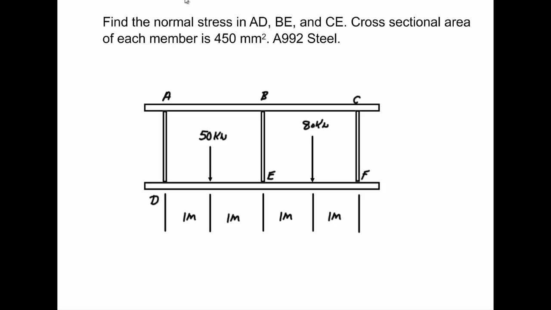Okay, let's look at this problem here. We're going to find the normal stress in AD, BE, and CF. The cross-sectional area of each of these members is 450 millimeters squared, and we have A992 steel. Alright, the problem about this one is you cannot find out what the force in BE and